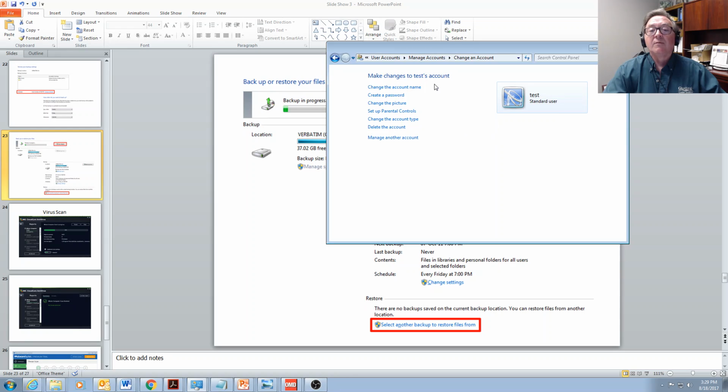This is also for managing accounts. We can go in here, we can change the account type. Let's say down the road we decide, oh, well, test needs to have administrator rights, not standard user rights. We can go in here and change the account type. Or if test takes a job at McDonald's and they're no longer here, we can go in here and actually delete the user account,